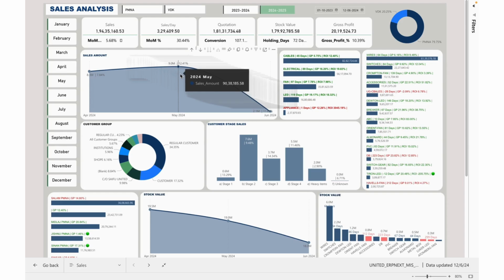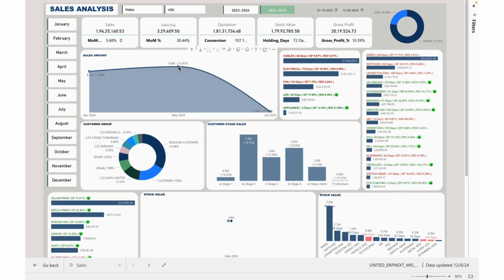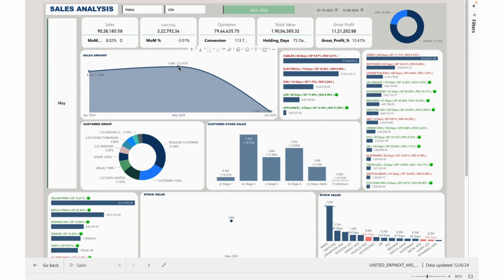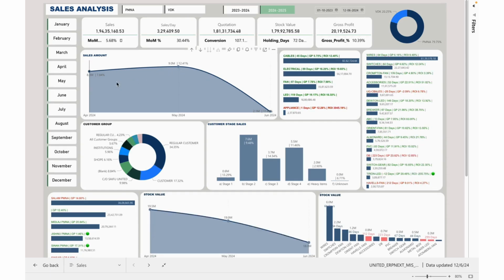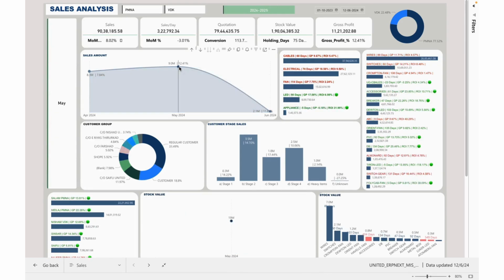In monthly sales, if you click on each month, for example May, it will fetch only May month data here: May total sales, May per day sales, May quotation, the conversion ratio, and stock value. Here you can see the total sales of the month and the gross profit of each month. If there is any reduction in gross profit in any month, we can analyze it by clicking on this month's data specifically and analyzing